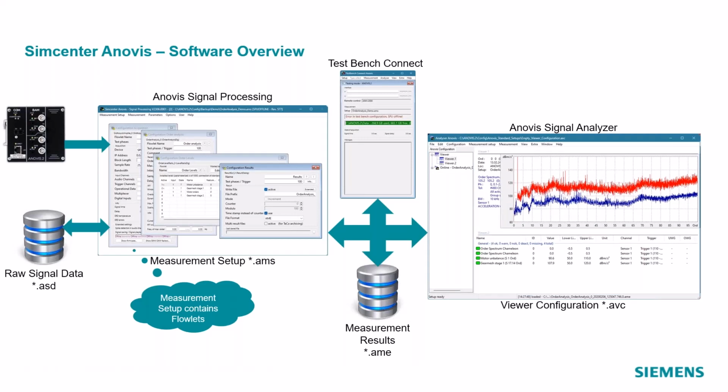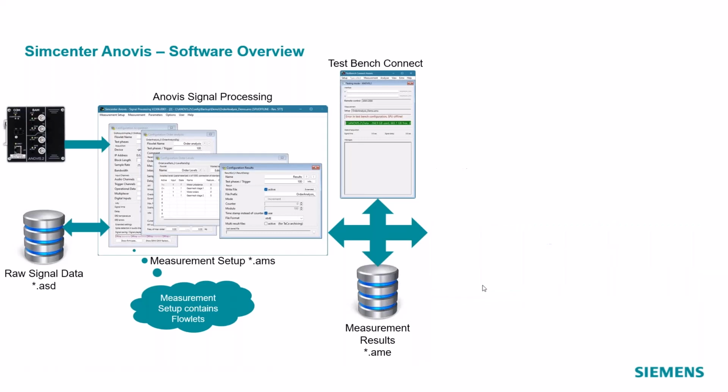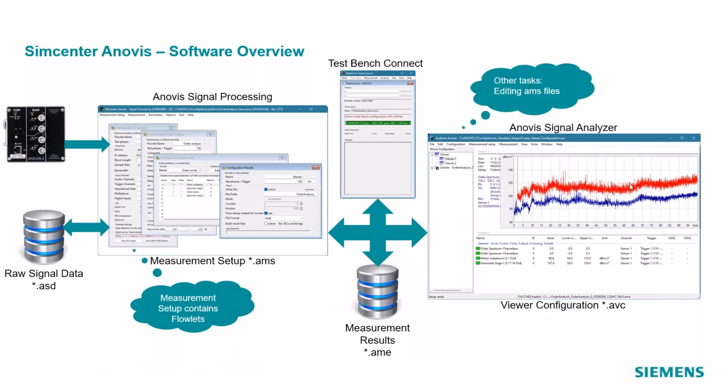But at the end, it is not necessary to have this analyzer running on the test bench. If we have a fully automatic test bench, sometimes it is not needed that some curves or some metrics are shown, and then we can work completely headless without this analyzer. Since this is the tool with the highly sophisticated graphical interface, this is also used for editing AMS files or for other tasks or for doing analysis of mass data and so on. So this is how the typical setup looks like.